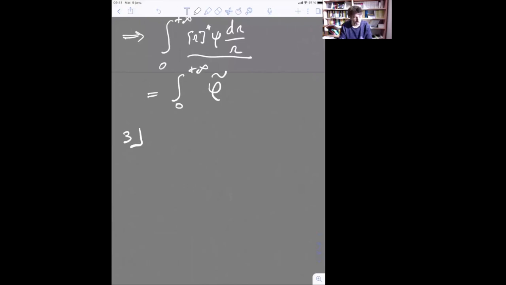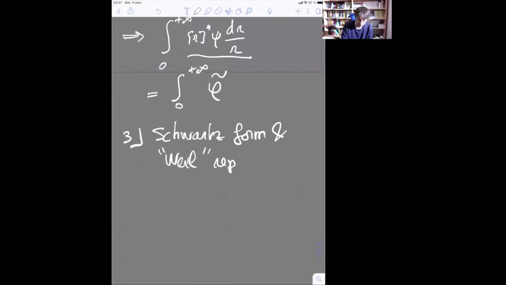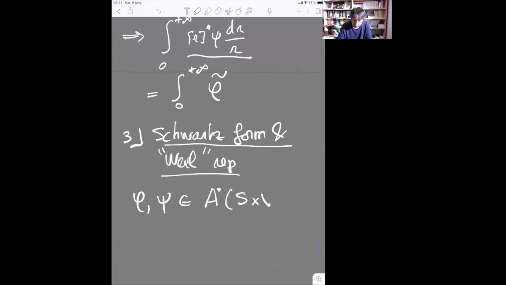this is a very last thing, is to relate this to Schwartz forms and the Weil representation, but in our situation, it's a very easy concept. So this form phi and psi, which again belongs to this, in fact,